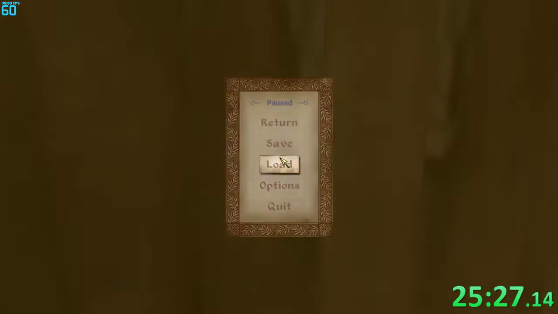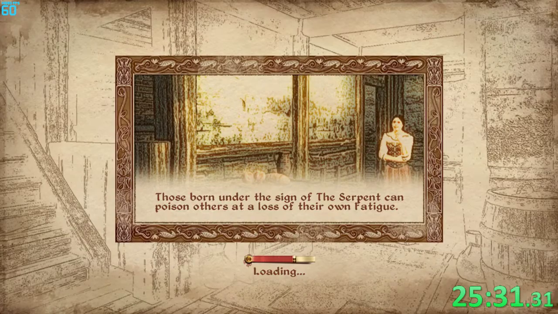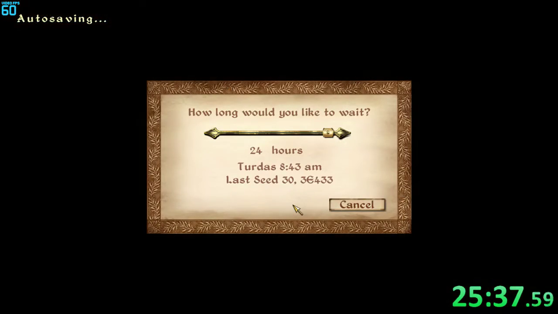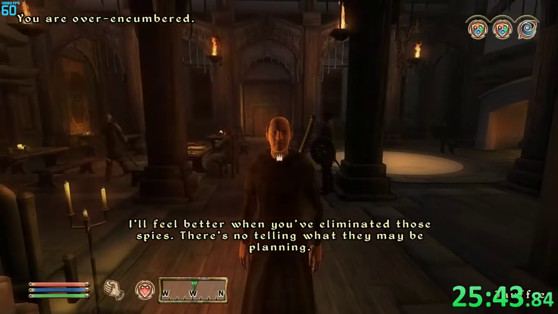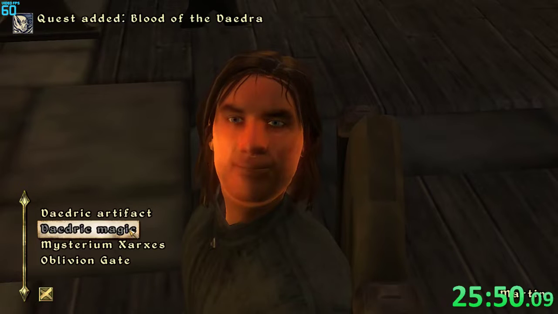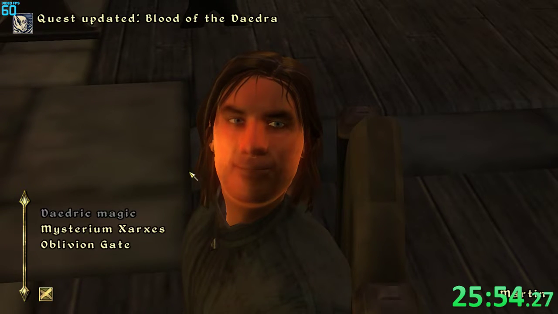And this is kind of a hard part in the way that you need to talk to Jauffre, Martin, Jauffre again a couple of times, and the best thing here is that you need to wait a certain amount of time, so they will be in the same room. So just talk to Jauffre. I'm giving now the Mask of Clavicus Vile to